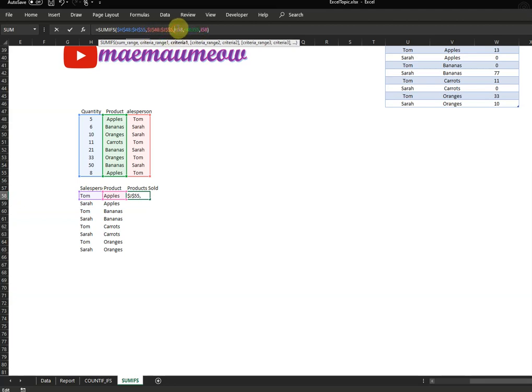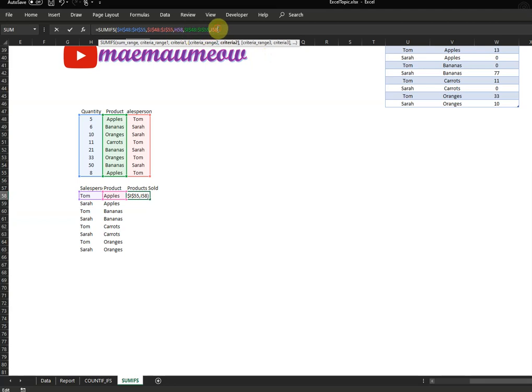For the criteria, this will change as we drag it down, so we will not lock H58. But we will lock our criteria range 2, which is I48 to I55, for it not to change. So we click F4.